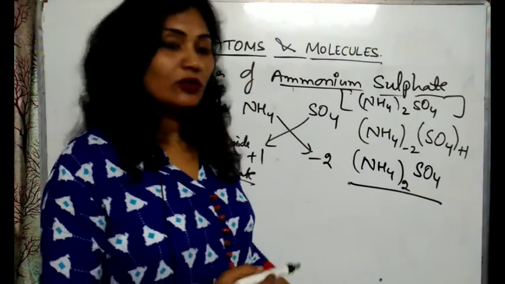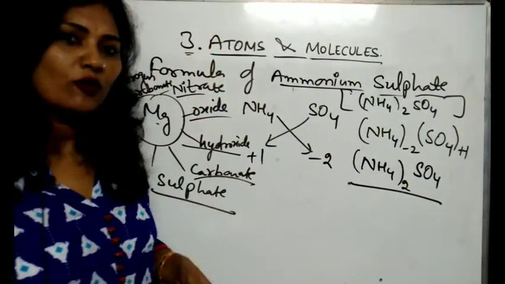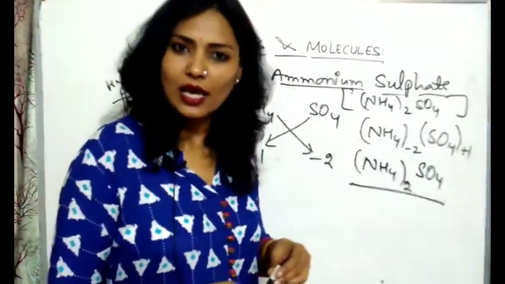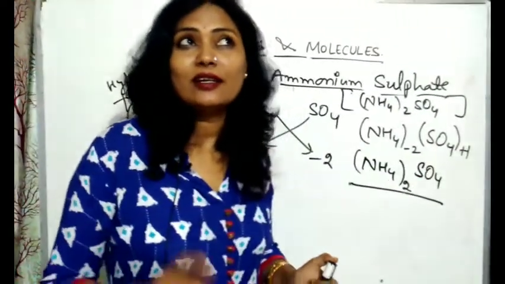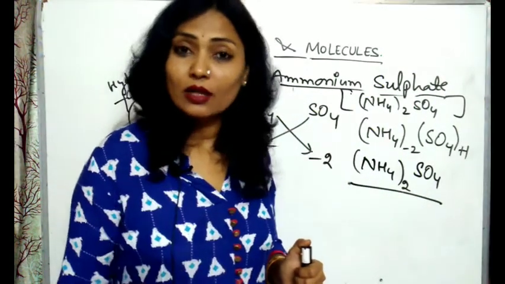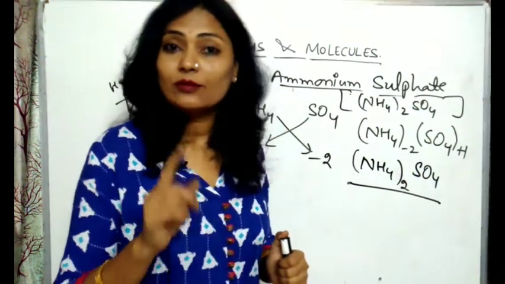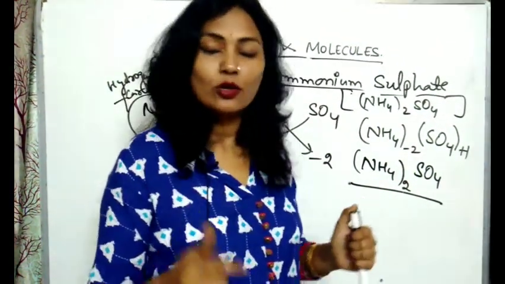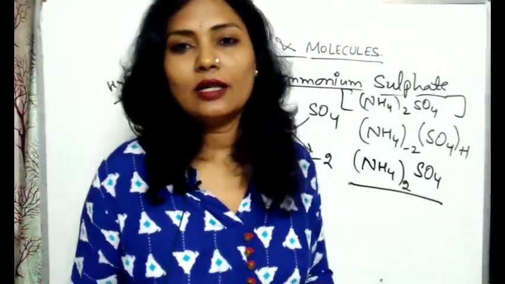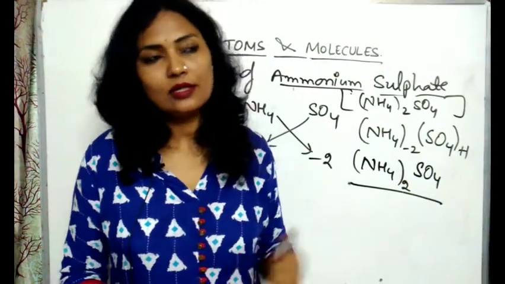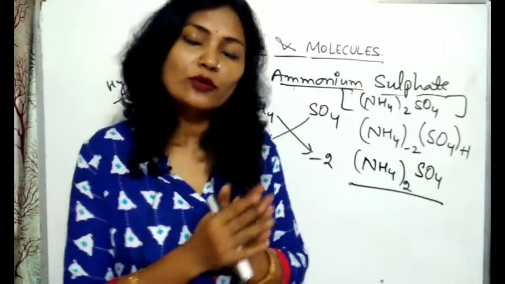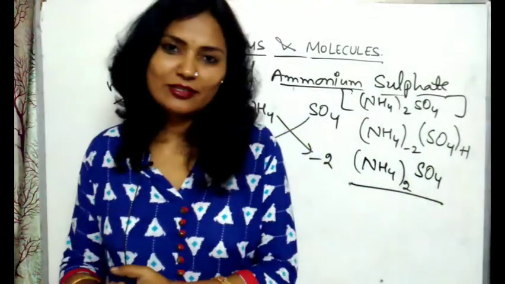And like that you can take the aluminium also, and make the remaining formulas. Some formulas I have written, I think aluminium oxide, aluminium sulfate we have written, aluminium chloride we have not written. So you can make the formula for aluminium chloride, aluminium nitrate, aluminium carbonate. Okay, so like that you can make the formulas of each and every metal.